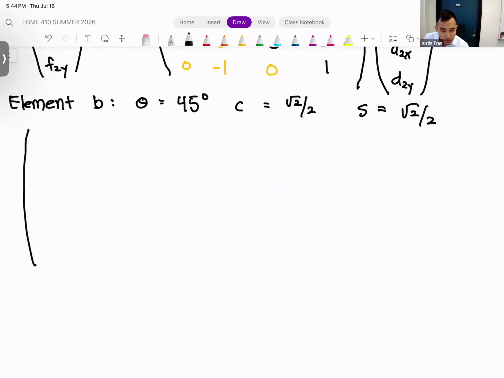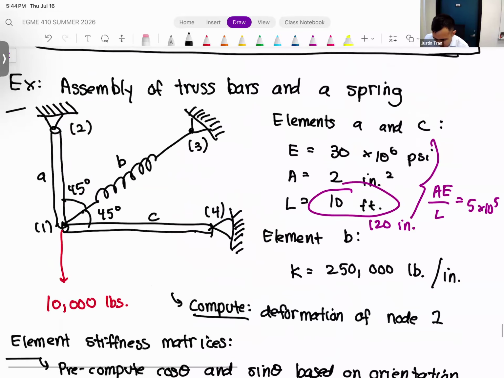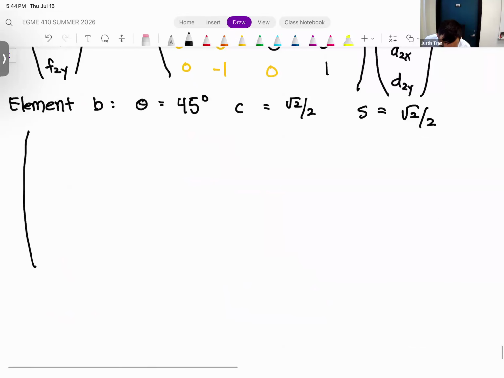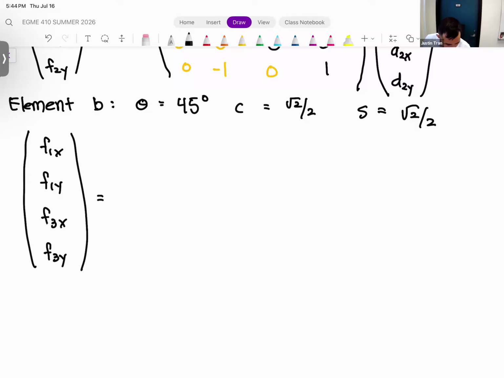First of all, we have to take note of which nodes element B is connected to. So element B, let's go back up to the figure. Element B is connected to nodes 1 and 3. So that means our matrix here is going to be F1x, F1y, F3x, F3y is equal to. Now, element B is a spring, so we don't have AE over L in front. We just have the spring constant. And so our spring constant is 2.5 times 10 to the 5th. Okay. And this is going to be multiplied by our